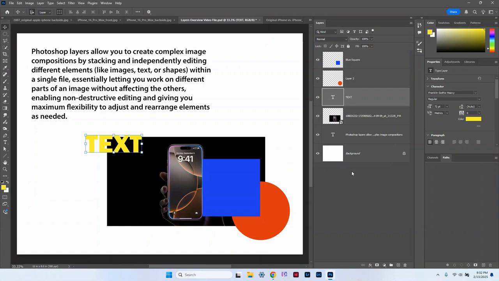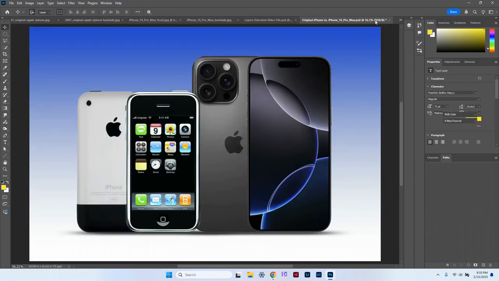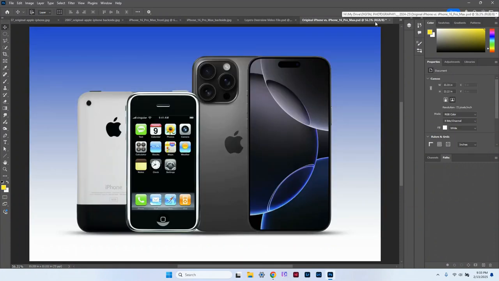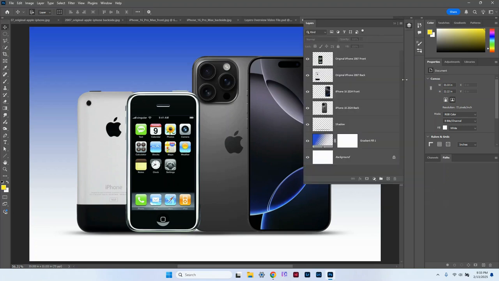So the assignment that we're going to look at will involve the use of the layers panel and just about every single one of those tools that we looked at previously. What's going to happen is we're going to be creating this particular image here. And if we take a quick look at the layers panel for this image, we can see that we